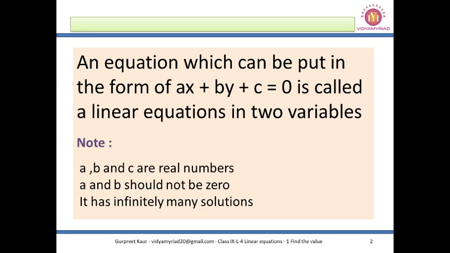Now, whenever you will see this equation, it should be seen that a and b should not be equal to 0 and they are real numbers, and you can find infinitely many solutions from this one equation. Like if I assume let x is equal to 1, I can easily find out the value of y. I can assume let y is equal to 5, I can assume the value of x. So like this, I can choose any number to find out the value of the variables, and thus I can say that there are infinitely many solutions in the linear equations of two variables.